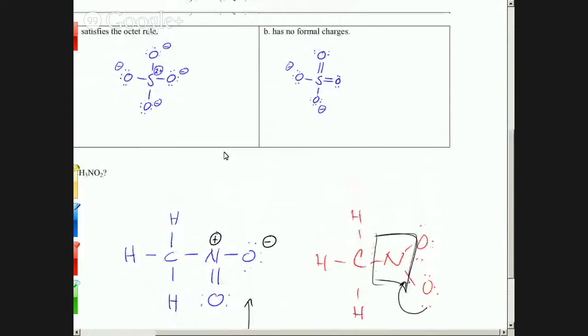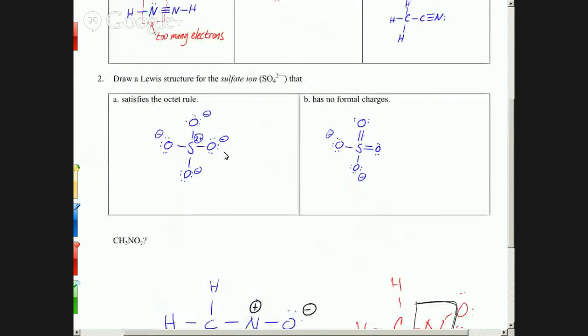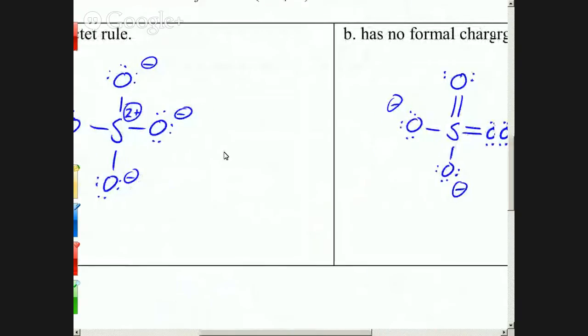Another example of that, which we didn't talk about but is the same thing, is these two sulfate ions. You'll notice these two sulfate ions are connected in just the same way. The only difference is that